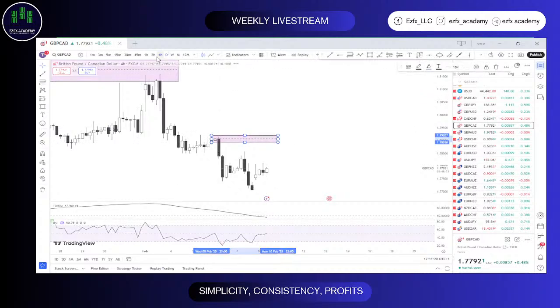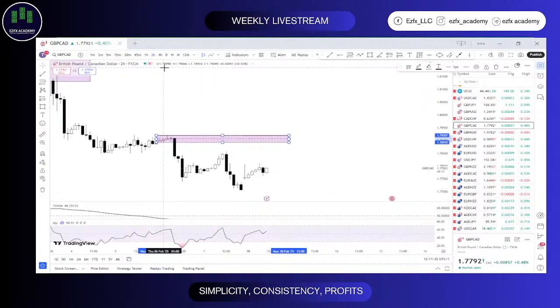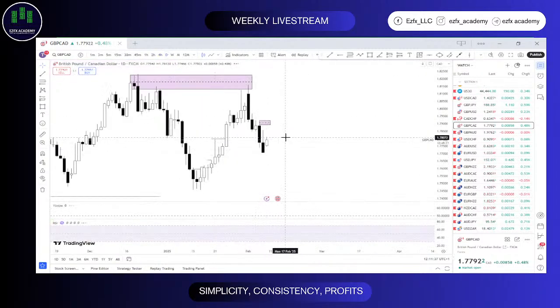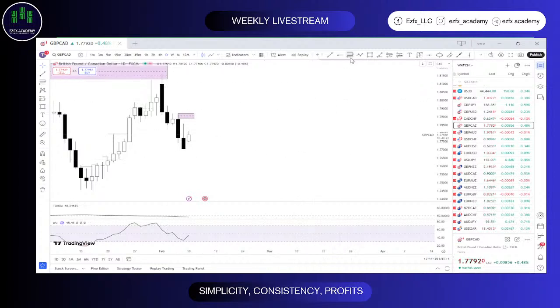Let me see on the daily time frame once more. If you look at this on the daily time frame, we again have a drop supply around here. Looks like price has already tapped into that region though. So let's see if we should still get that possibility going. It looks like we should still get that buy.